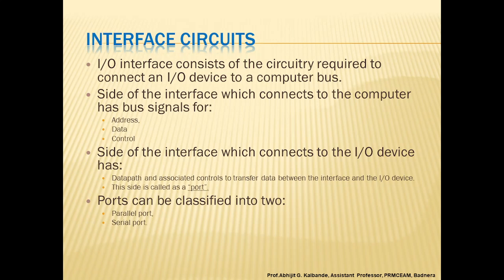If you talk about a parallel interface, it transfers data in the form of one or more bytes simultaneously to or from a device. If you talk about a serial interface, it transmits and receives data one bit at a time. The communication with the bus is the same for both formats, and the interface performs the conversion from parallel to serial format, or vice versa.